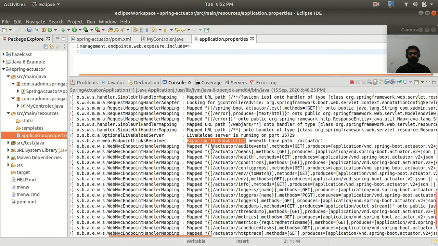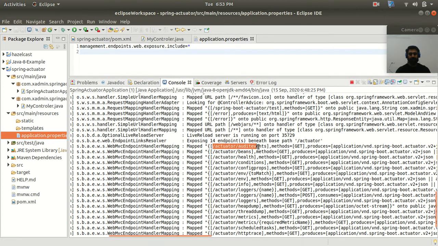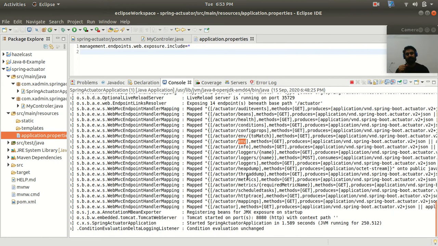We got endpoints like actuator slash auditevents to check all the audit events, beans to check all the beans present in our application, health to check the status of our application, conditions to check all the conditions used in our application, and the env endpoint to check the environment. We also have threaddump, and we also have mappings.